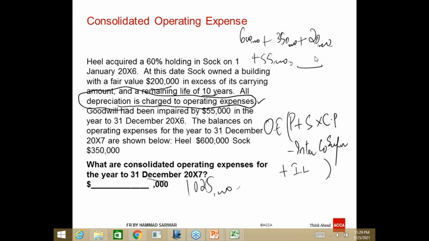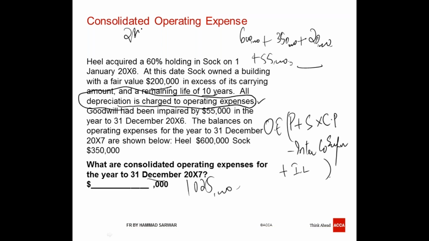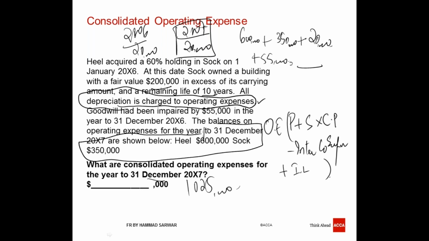We are not taking last year's expense. Actually, in 2006, definitely they have charged an expense of 20,000, and in 2007 they need to charge a depreciation expense of 20,000. So right now we are adjusting 2007, not 2006. So we have taken the expenses of 2007 from here,